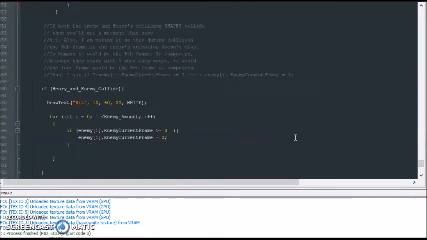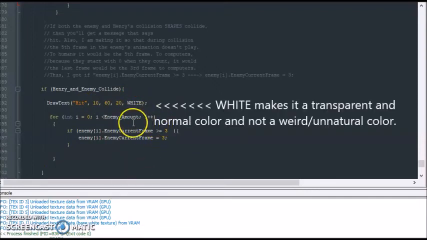And this part says whenever the enemy and the enemy collides, we're going to get a message that says hit. And it's going to start at these coordinates right here. The background of it will be transparent too. And then our enemy won't go